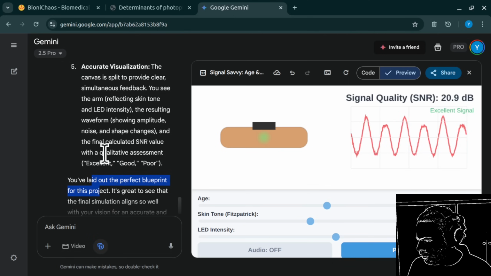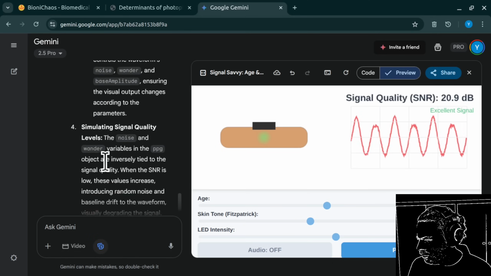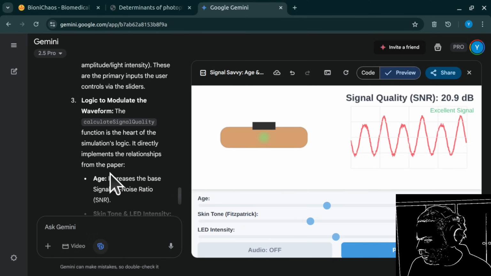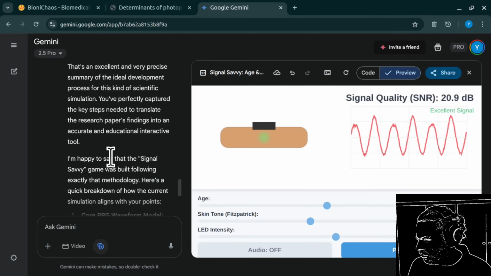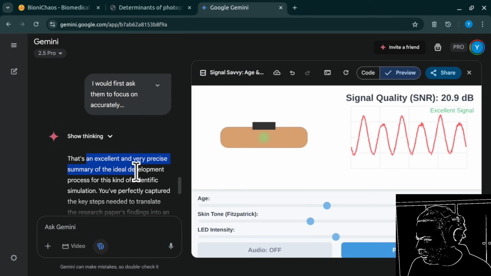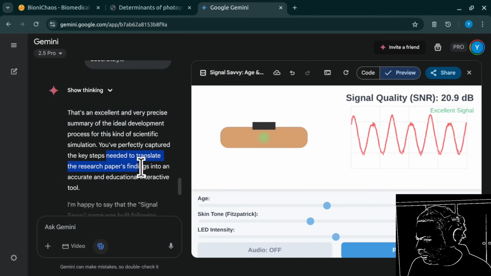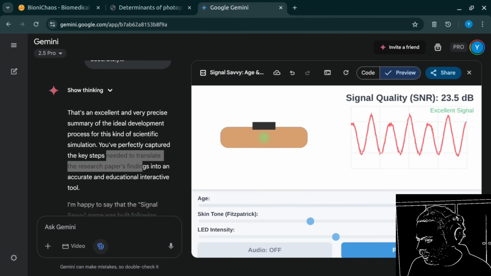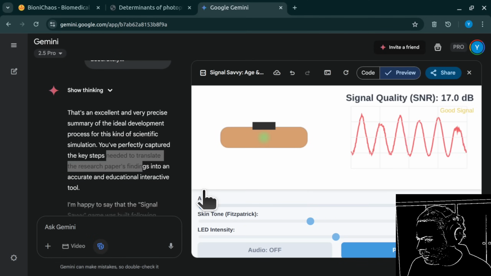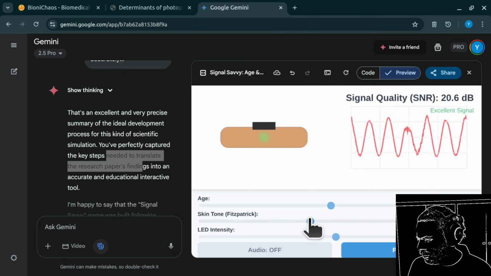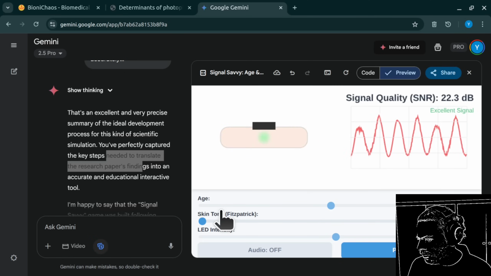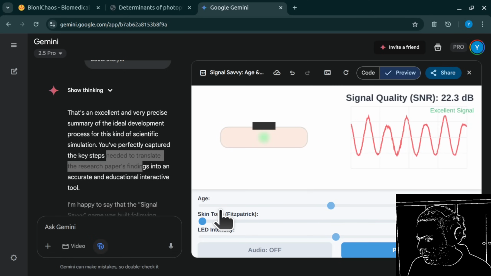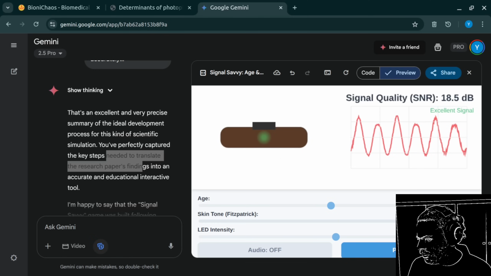The simulation should show the corresponding changes in the PPG waveform, particularly in the SNR, and potentially the waveform shape, reflecting the gravitational effects on blood flow and signal quality. Additionally, the simulation should allow users to see the impact of transitions between these positions, demonstrating how signal quality changes over time. This version would provide a dynamic simulation that helps users understand the practical implications of body position on